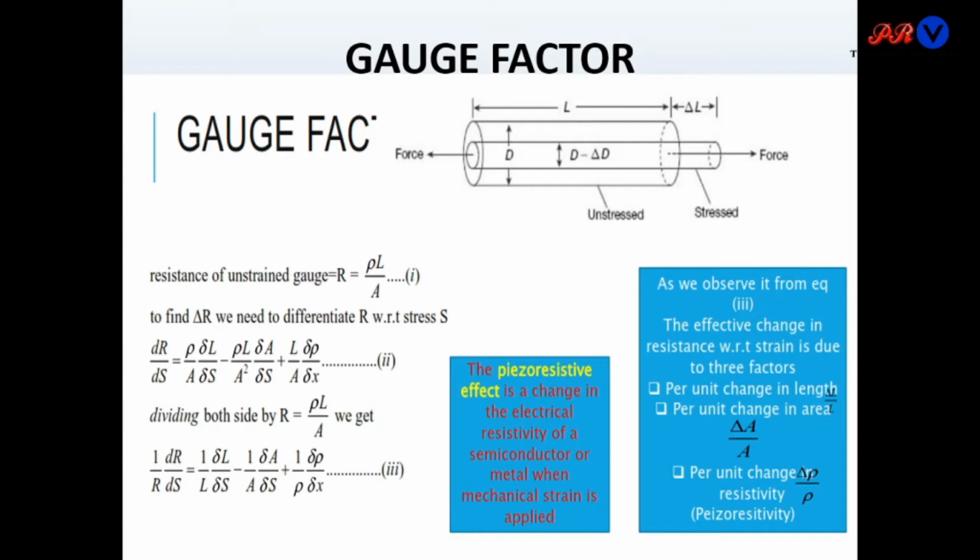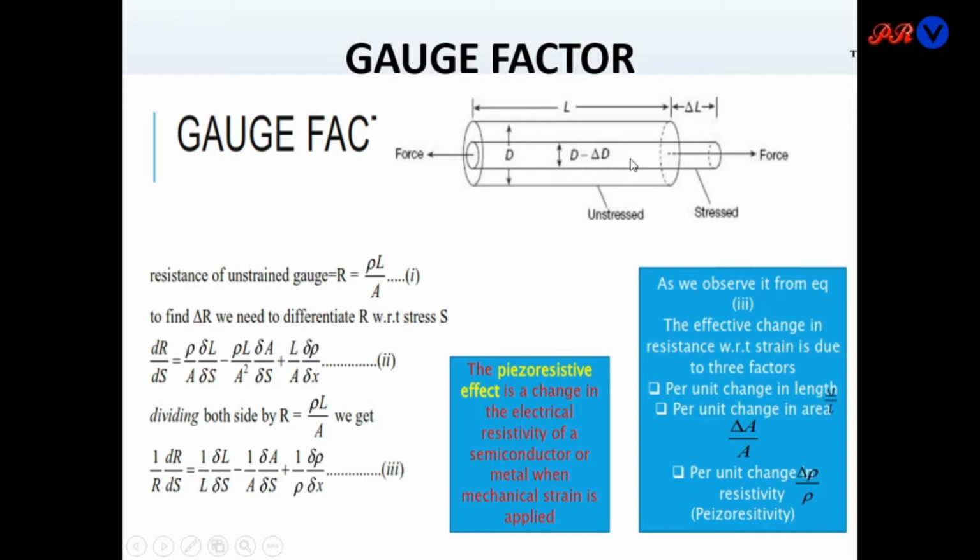Now another important factor which is associated with the strain gauge is the gauge factor. Suppose we have a circular shape strain gauge and its normal or unstressed length is L and unstressed diameter is D, and we are applying here a positive strain, meaning force is applied in the x direction. Then this L will change to L plus delta L, and this diameter will change to D minus delta D